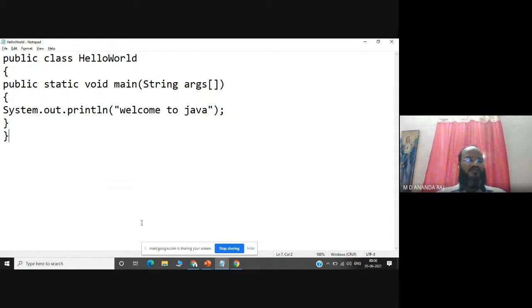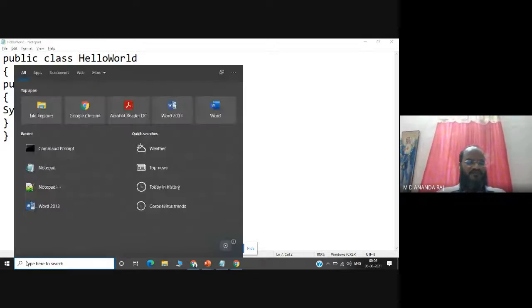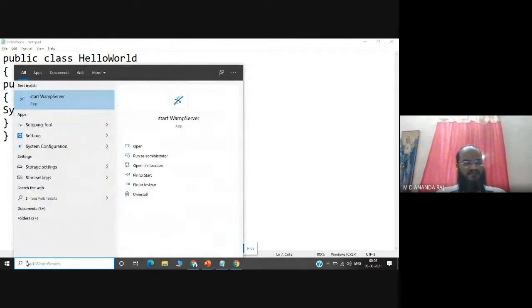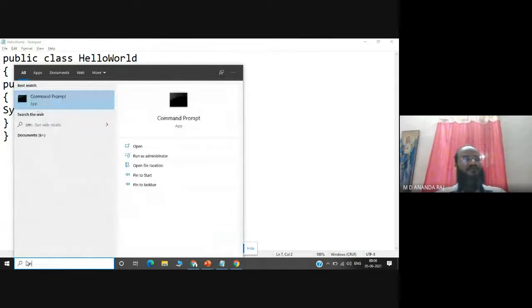How to compile our program? Compilation is the process which is used to find any errors in my program. What we have to do is open the command prompt or console by typing cmd here. The cmd command prompt, we can also call it the console.